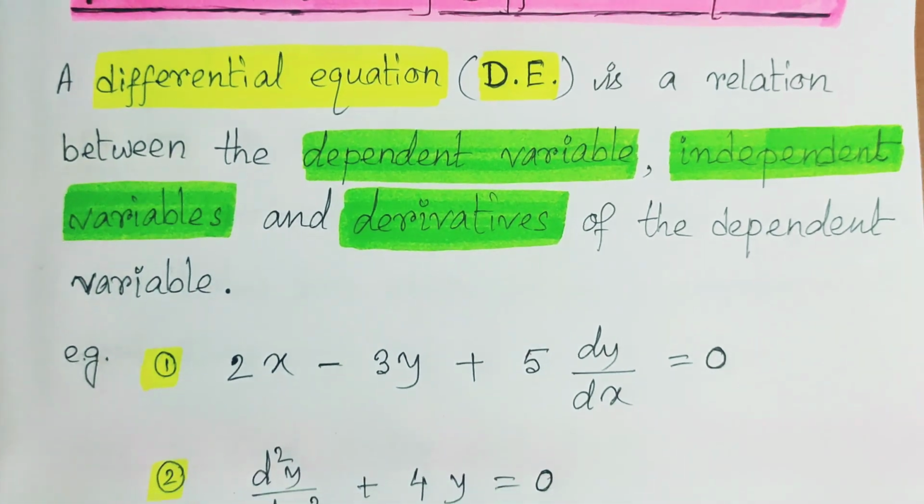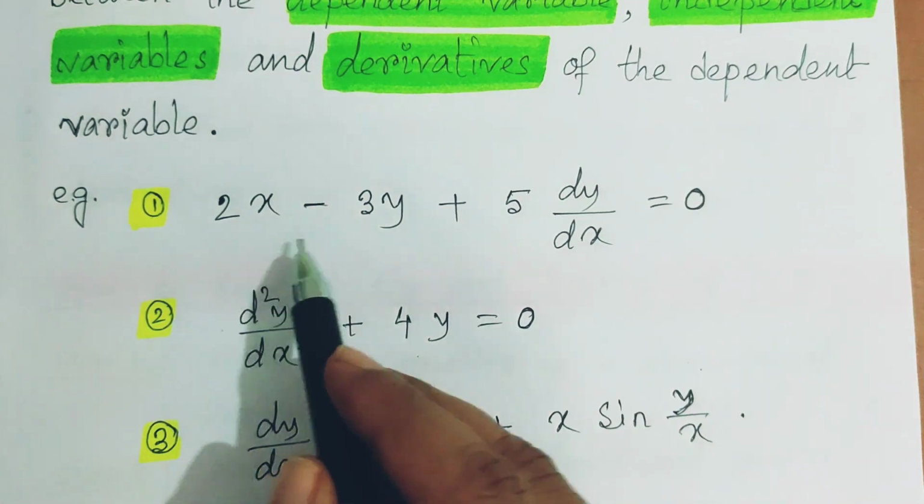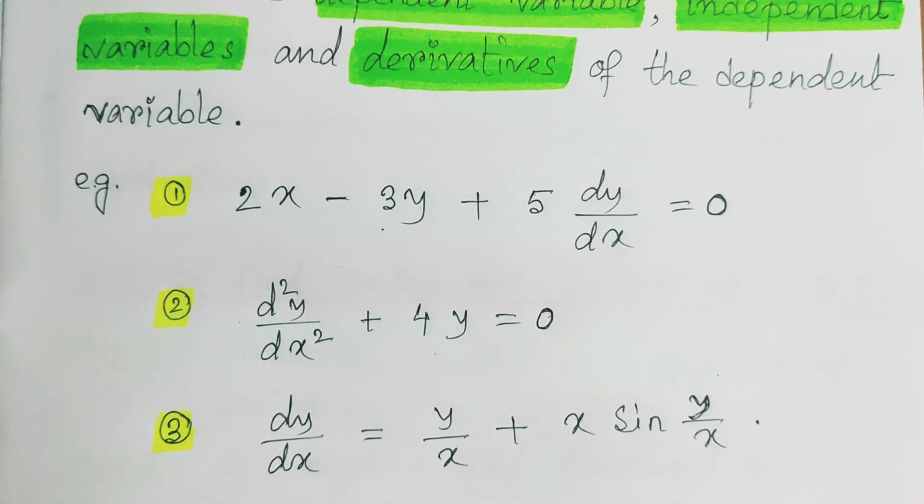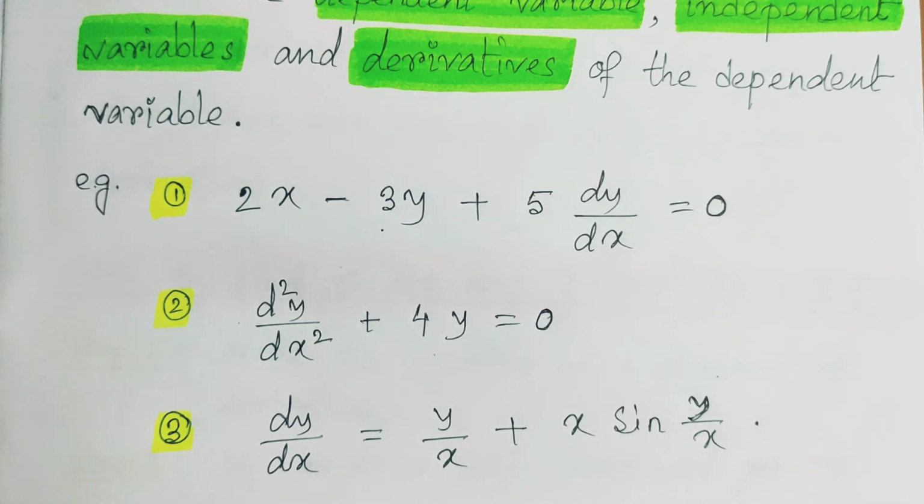So this equation looks like, here just look, it is 2x minus 3y plus 5xy dy/dx is equals to 0. Here you will find x, y, these are the two variables, and dy/dx, that is the derivative of y with respect to x is involved. Here we can say that x is the independent variable, y is the dependent variable and dy/dx the rate of change of this y variable with respect to x. So if in an equation all those terms are involved, then it is the differential equation.